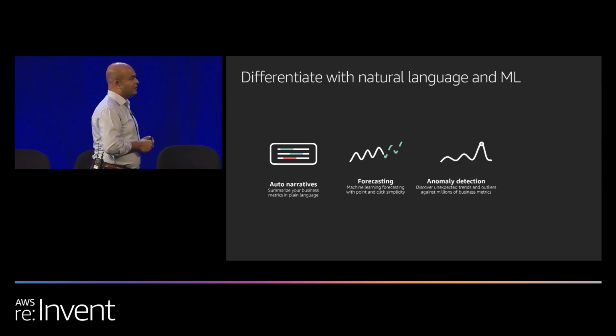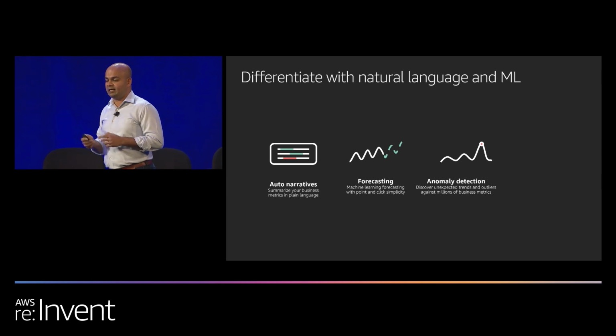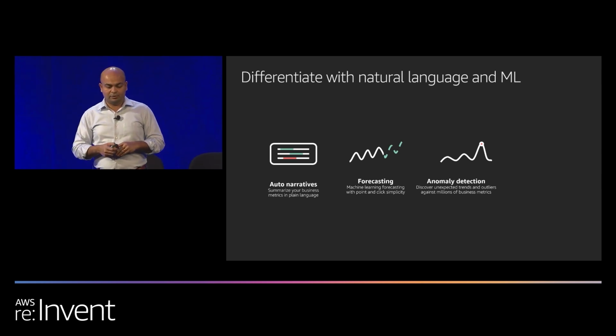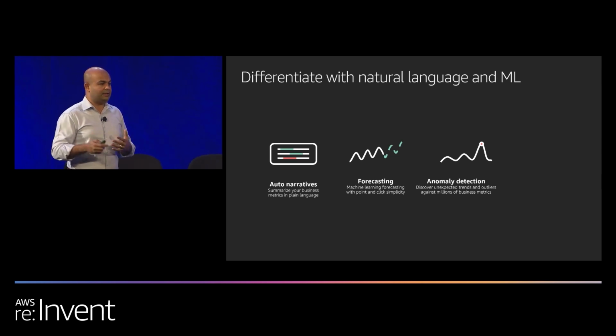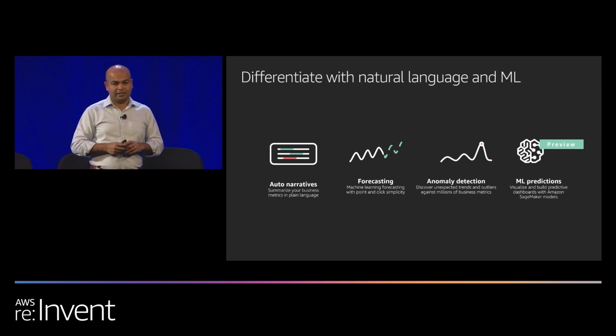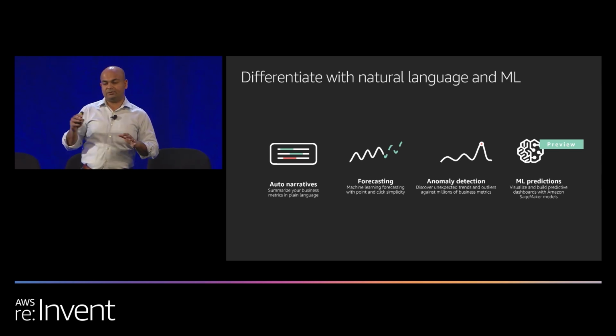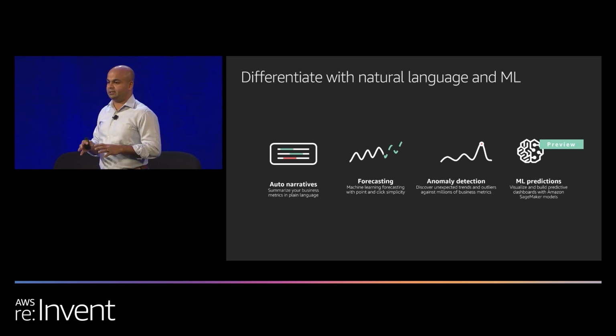click. You have anomaly detection that's available, so you can track millions of metrics and then be alerted as anomalies happen in your data. This is very useful because you can do this on an hourly, weekly, the frequency that you want. And something we just announced last week is our integration with SageMaker. This allows you to bring in custom models. This is in preview, but this allows you to bring in custom models and utilize the models that you have